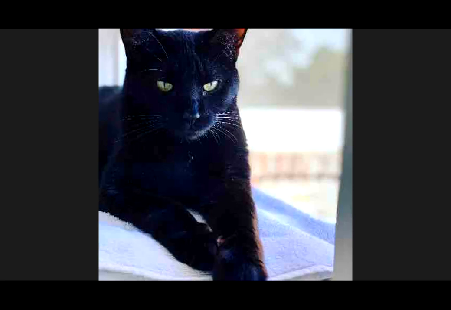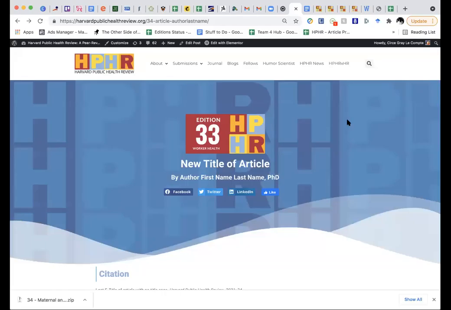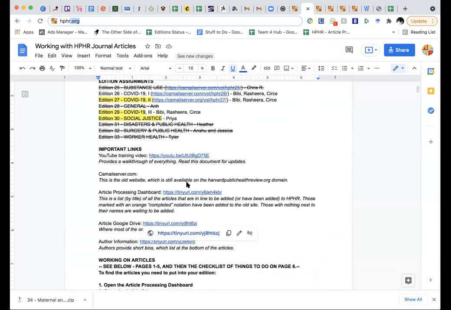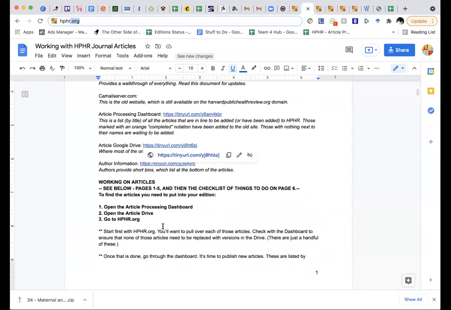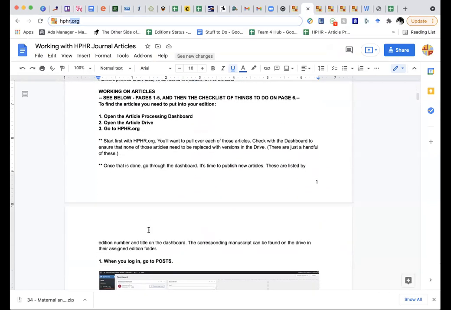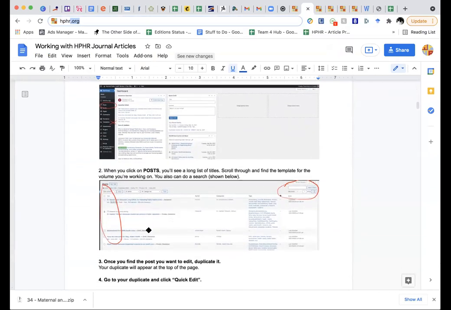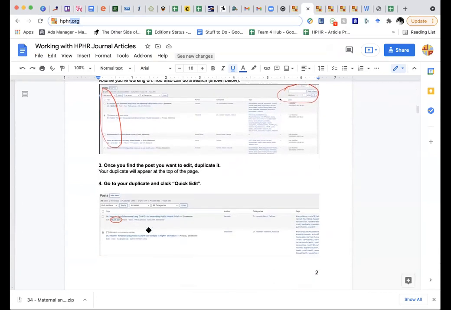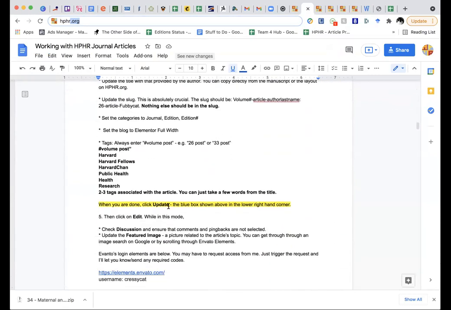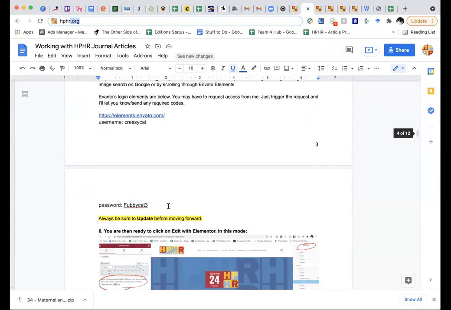So in that document that I shared with you, back to that page. If we go back to the working document, you'll see that there's the important links. There's that author information form that I showed you. There is a step-by-step workflow with screenshots of how to do everything I just showed you in here.